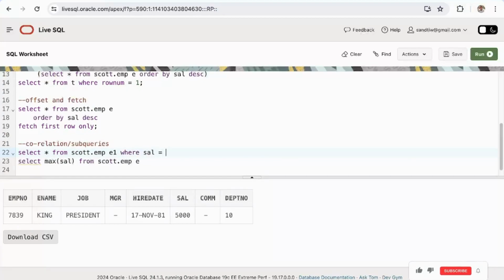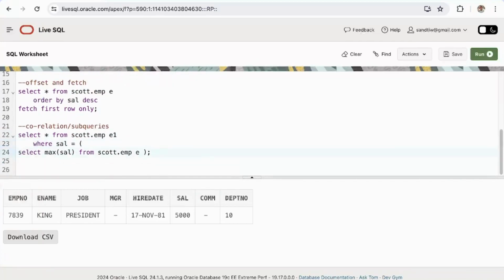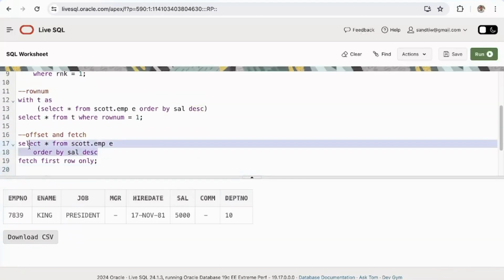where salary equals to, we are using the subquery here. Okay, so this becomes the input to this particular query. I'll get the maximum salary and I'll pass the maximum salary to the outer query. As simple as that. Nothing complex in this. Very simple, straightforward. So just formatting the query for understanding sake, and what I'll do is run this query so